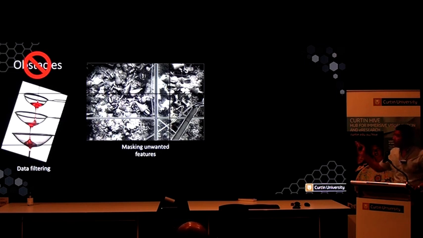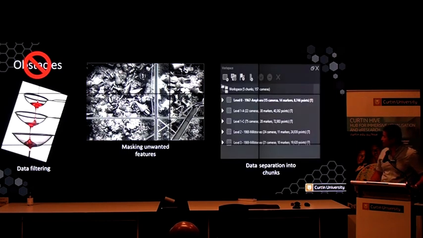This masking is just removing the unwanted features, because these features were not only working as an obstruction in the image, but they were also movable from one image to another, for the same view. So it caused a lot of confusion for the software to build the 3D model. And also